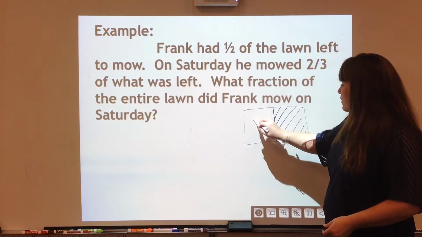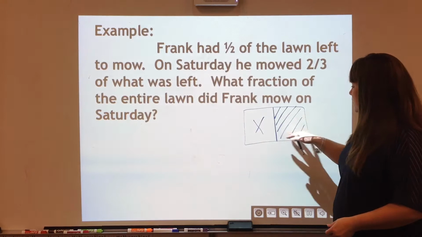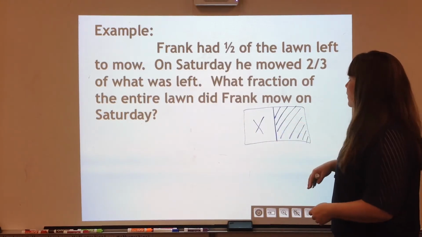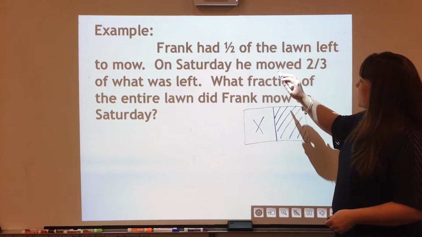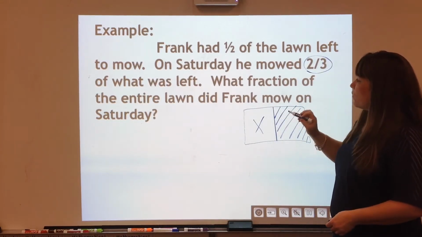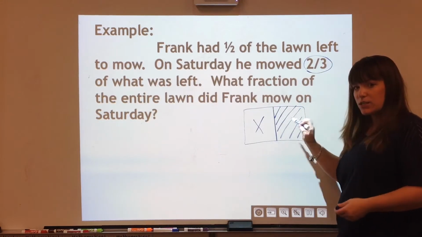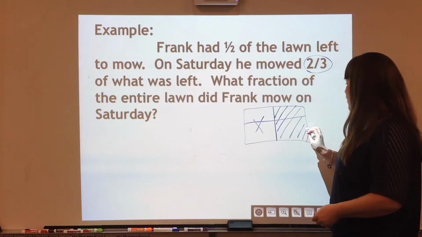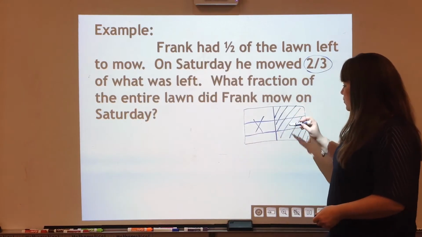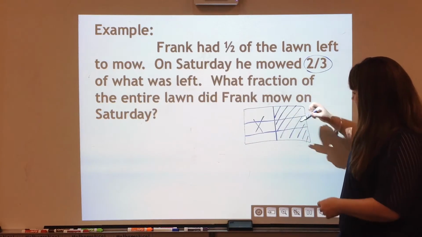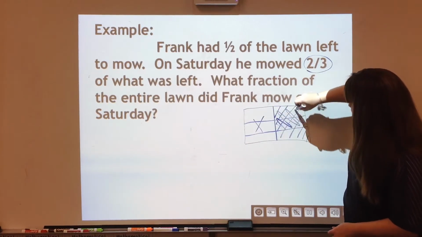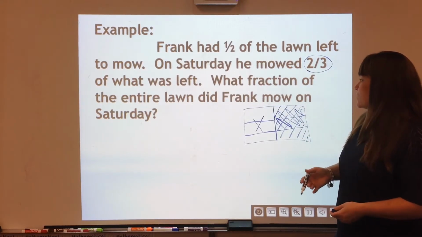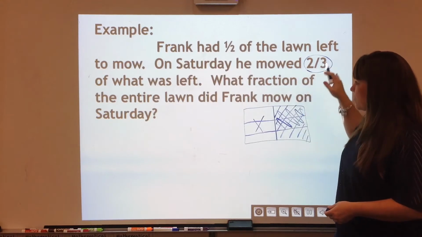So let's pretend this part is the mowed part, and this is the unmowed part that he has to still take care of. And on Saturday, he mowed 2/3 of what was left. So it's just this part, and we have to split the entire yard up in 2/3. So that means that this overlap section right here is what we're really concerned about, because he mowed 2/3 of